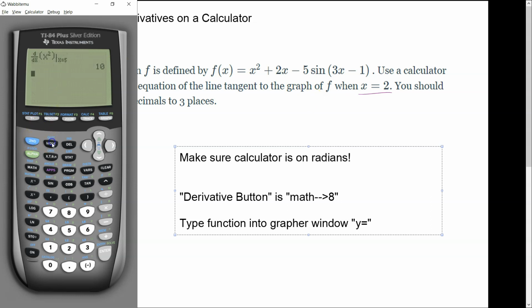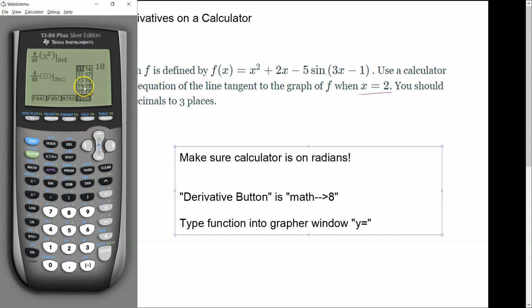So I'm going to get out of here, so I quit, and then I'm going to go math and 8 to get the derivative operator again. We're still differentiating with respect to x. Now in here, instead of typing this all in, we've already done that. You're going to hit alpha